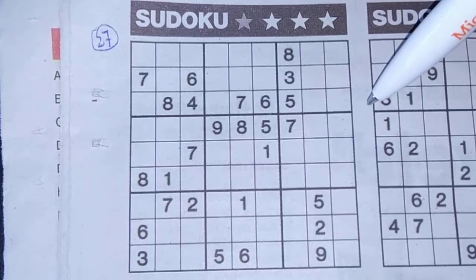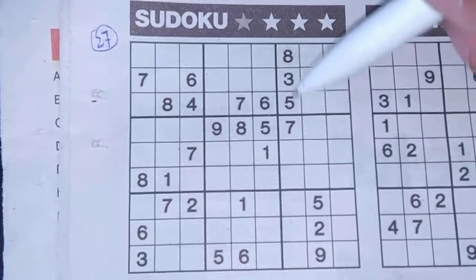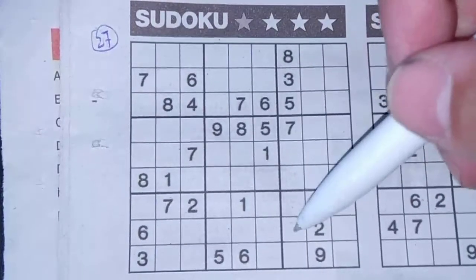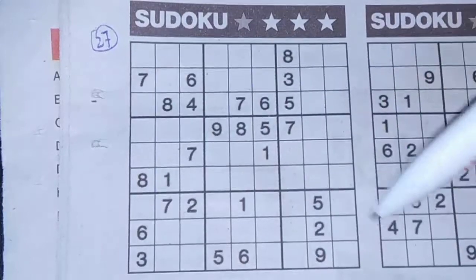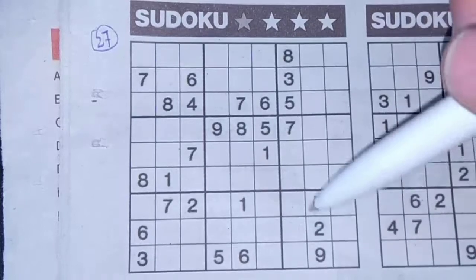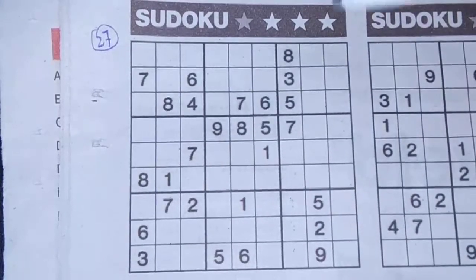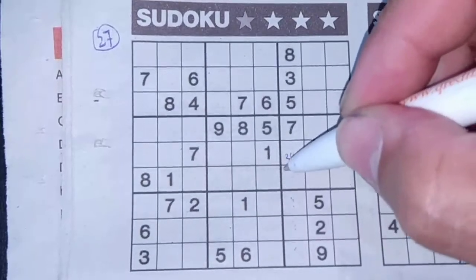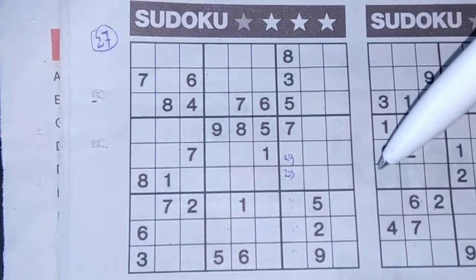Alright. Let me see. In this column, 5 missing numbers. 2 of those numbers are the 2 and the 9. So in this big square, the 2 and the 9 cannot be in these 3 boxes. So the 2 and the 9 go here. I mark them, it's easier to follow. So the other 3 numbers are